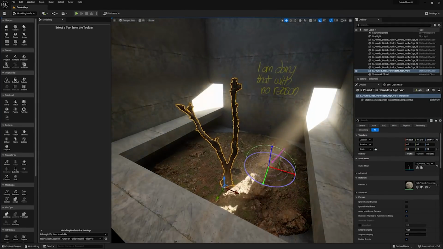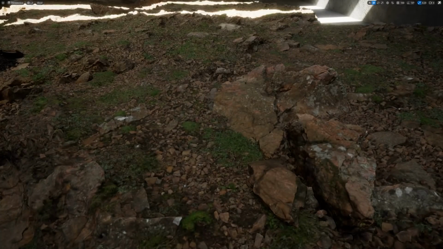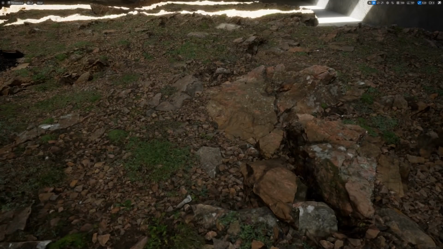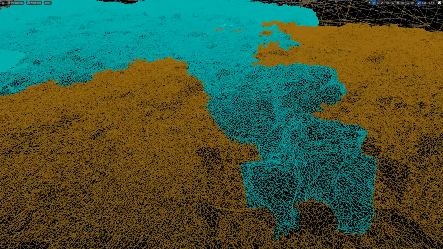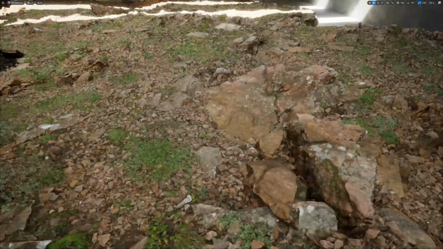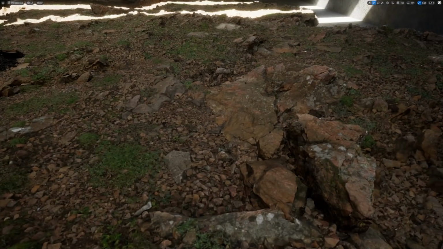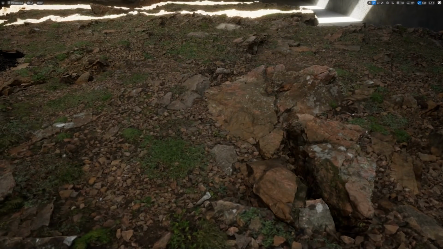One aspect of Nanite meshes that I love is that due to the density, they can actually blend together really nicely. Historically, these two meshes would have likely had some Z fighting on the surface. However, in this scenario, the little bumps and imperfections make them blend together quite well.